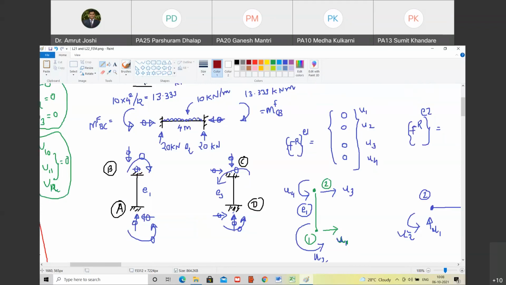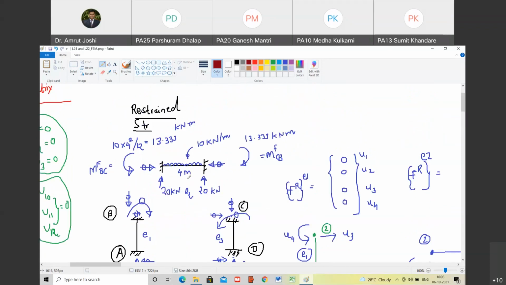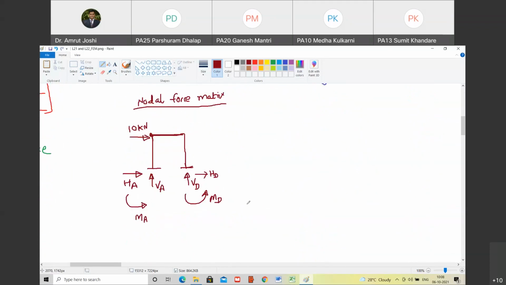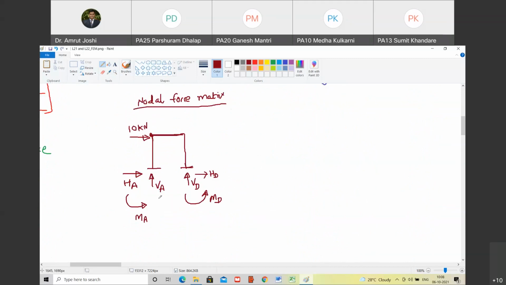Yes, sir. So when you see the final equation that we are going to write down, it will have FR and FN matrices. And in FN matrices, you are going to have these reactions. In absence of FR, these reactions would have been exactly equal to the reactions due to 10 kilonewton. But in presence of FR, those are modified due to the FR matrix. Are you with me?